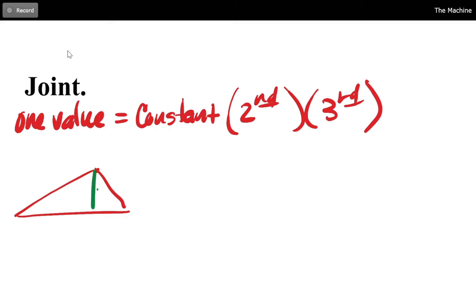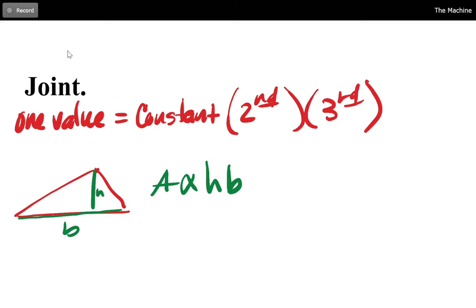I've got my height in here, and then this whole thing right here is my base, right? You know that the area of the triangle is jointly proportional to the height times the base. Notice there's no equal sign in there, right? I'm only focusing on the things that are important. I'm just going to say area is proportional to the height and the base. There's other numbers in there, I know,